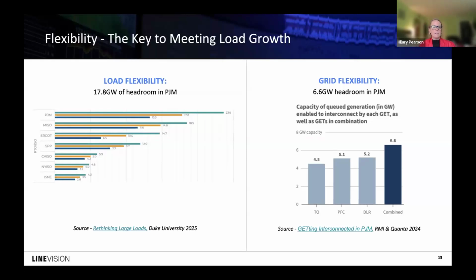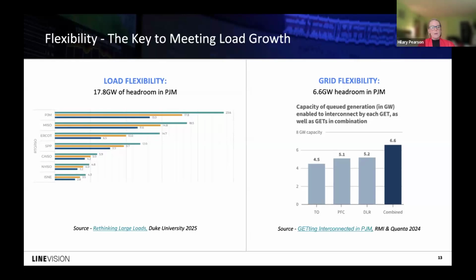There was a great study released earlier this year showing how load flexibility, or this idea of temporary reductions in electricity consumption during peak demand, having these loads occasionally cut or shift their power when the grid is kind of most stressed, could help to further enable economic growth while maintaining grid reliability and affordability. So in the theme of kind of looking at all tools in the toolbox, how to be more flexible to